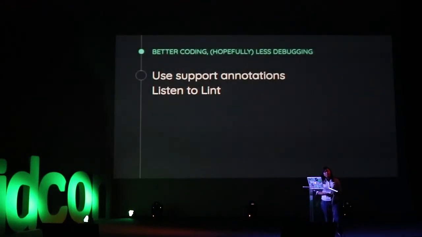Another suggestion is to listen to lint. Lint used to be really bad. And honestly, I got fed up with it and I turned it off. But now that it's really good and they're spending a lot of time writing new lint rules, I suggest if you turned it off, like me before, turn it back on and actually listen to it. You can also force your CI so that if you are making a prod build, the build fails if there are lint errors.